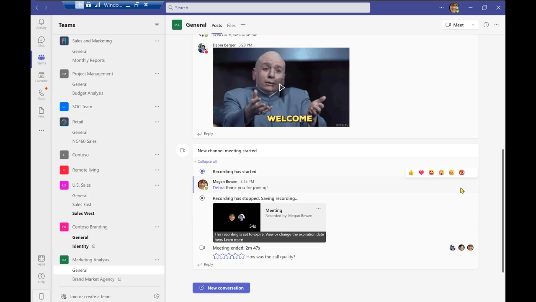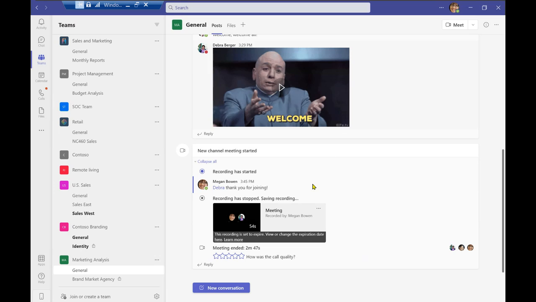So not only can you see the recording, the transcript, and the conversation that is a part of this meeting, but you can even see the attendance of this meeting. So you can see that I had 3 attendees: myself as Megan, Christy, and Deborah. So you can go ahead and track that information. If different members were having a meeting and if you were an owner, you can go ahead and track that information to see how much collaborative work has been done regarding the task that this team has to complete.